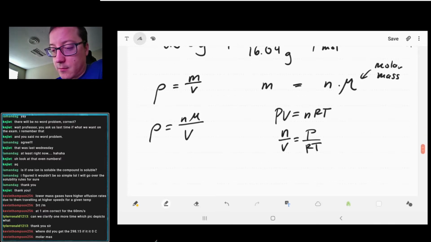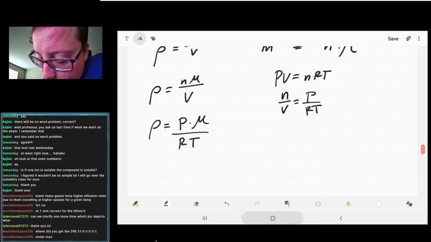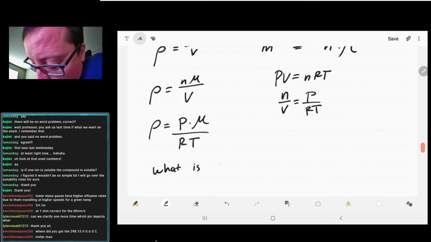And so, by substituting in N over V, we can get P times your molar mass over RT. Hooray! So we can calculate the density of a gas by using a formula. Again, you could use just plain old ideal gas law and do it the old-fashioned way, solve for a volume of 1 or something and do it that way. But yeah, that would work. So we could find what is the density